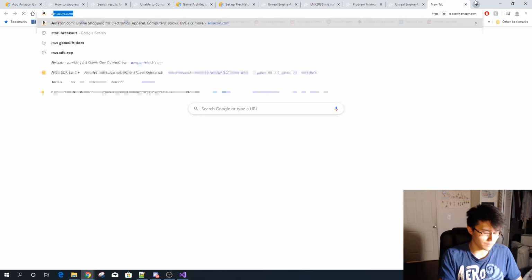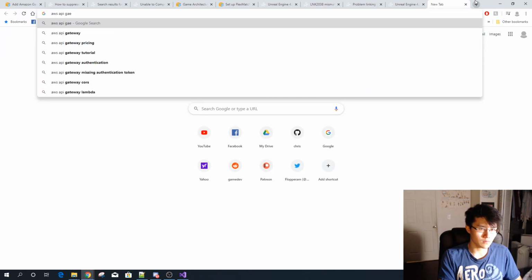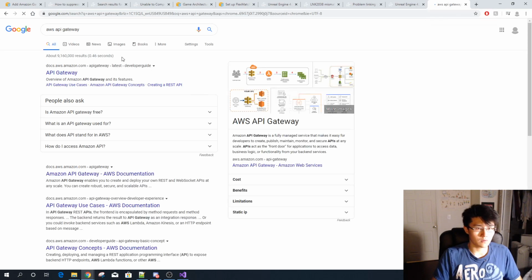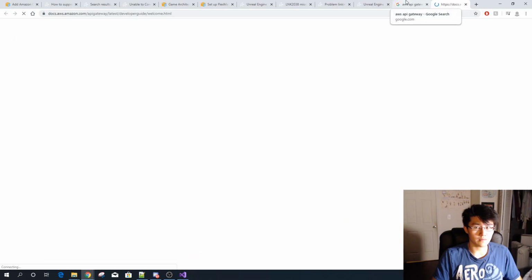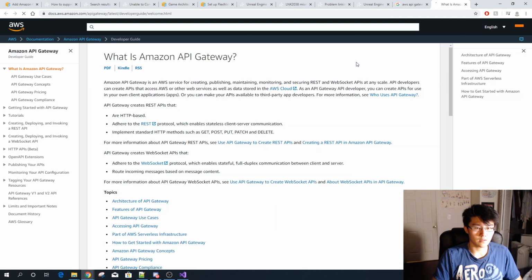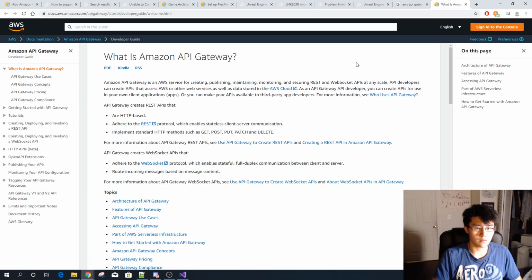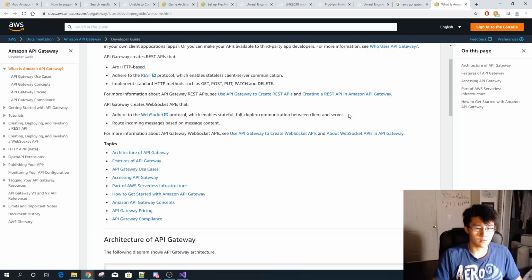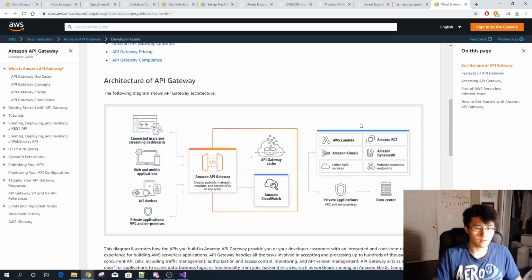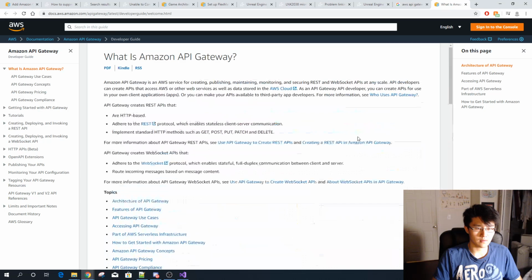API gateway. Thing is, I want to be careful though because